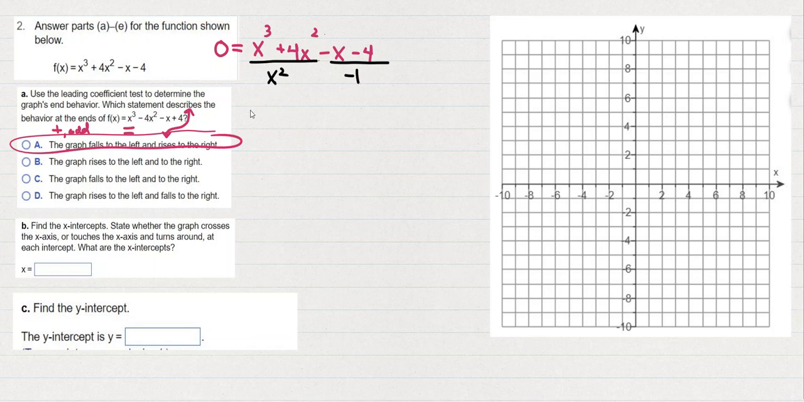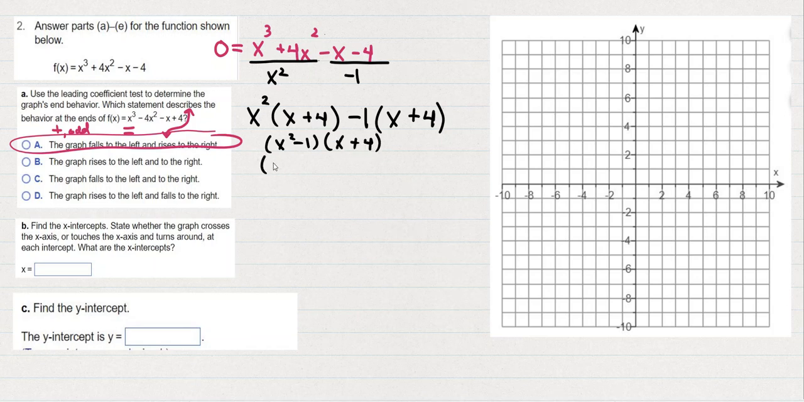X cubed divided by x squared is x. 4x squared divided by x squared is plus 4. And then minus 1: the opposite of x divided by negative 1 is x. Negative 4 divided by negative 1 is plus 4. So this factors as x squared minus 1, times x plus 4, which is x plus 1, x minus 1, x plus 4. And if this is equal to 0,